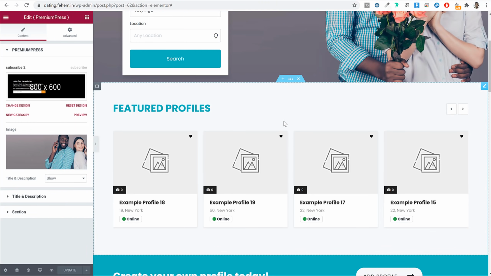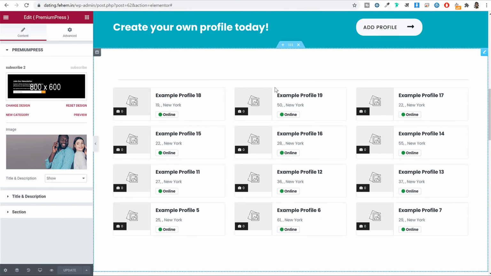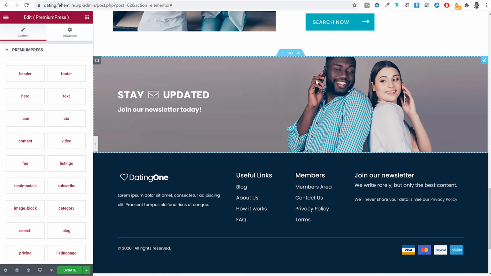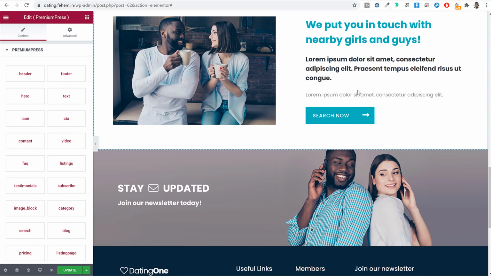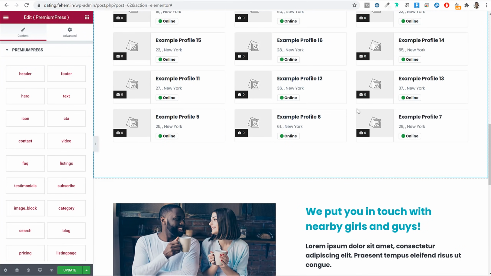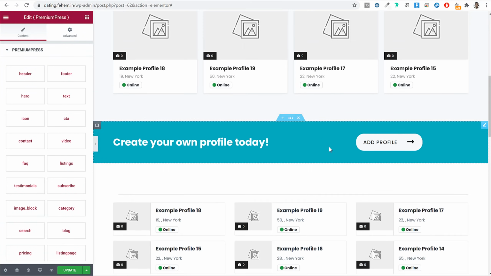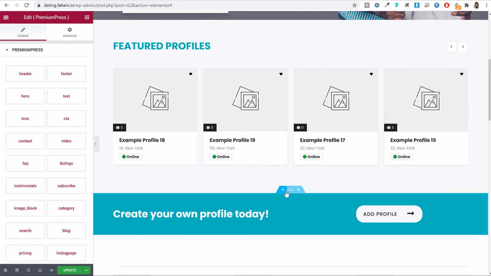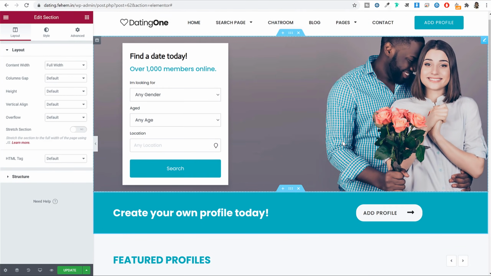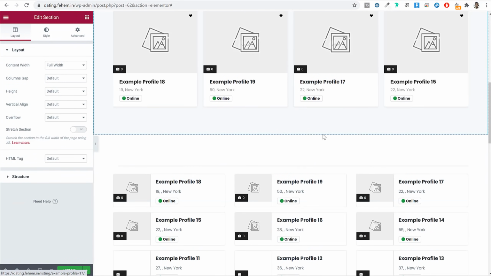And obviously one more thing, if you don't want any section, for example, if I don't want this entire section, I can simply get rid of that section by clicking on this X button. And now as you can see, that entire section is 100% gone. And if you want to create any custom section in between, or if you want to do some changes, for example, if I want to bring this section at top, I can simply drag and drop it at top, just like this. Now as you can see, this is this section, then this is this section.